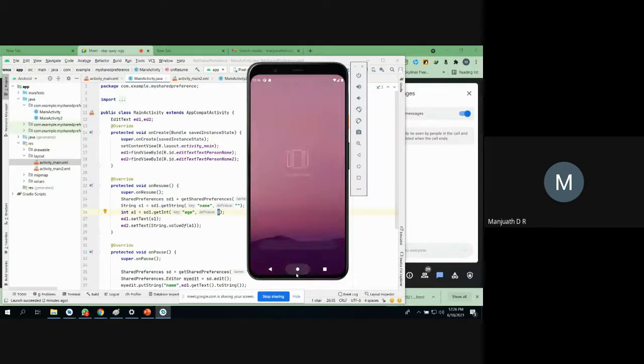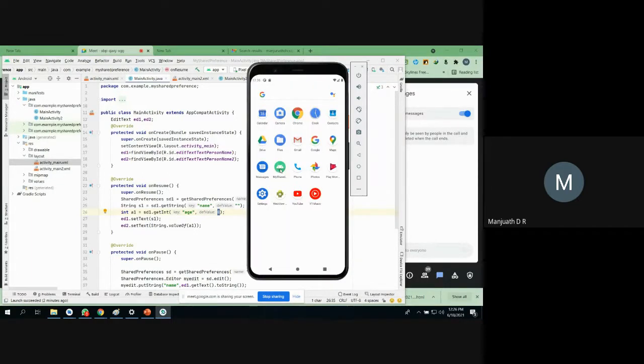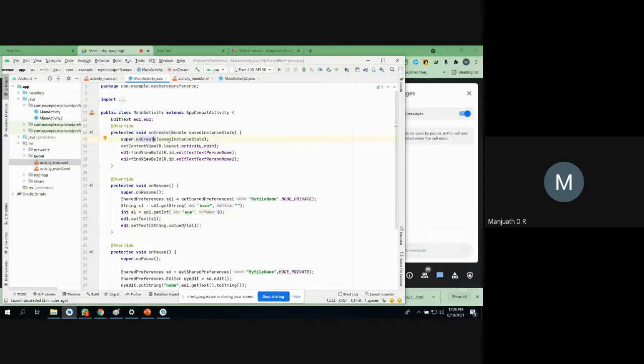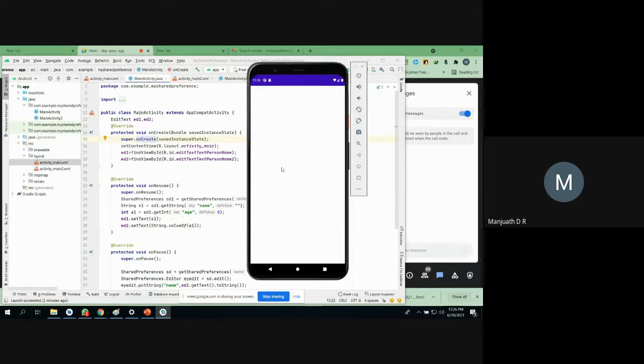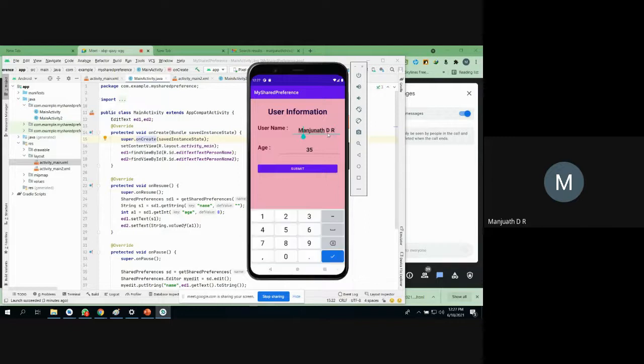Okay. So now if I open my application again, my application is not at all present in the memory itself. If I open it, it will start from on create now. So just open it. Still my information is retained. See, check it out.